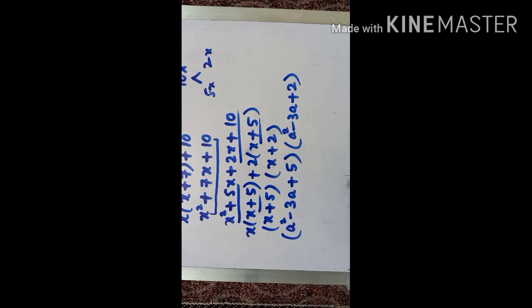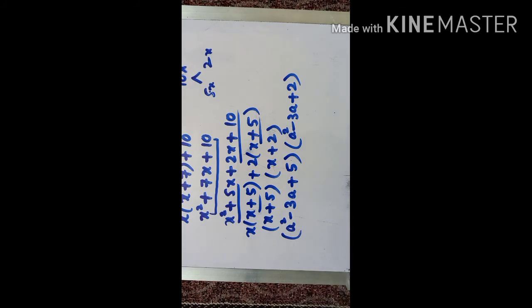Okay, so if it is possible for you to factorize again, then you can go ahead. This is 3 minus 3a and here 5. So 5 into a square, 5a square you will get, so 5 ones are 5, so you should get minus 3 also. So it's not possible for you to factorize this one.